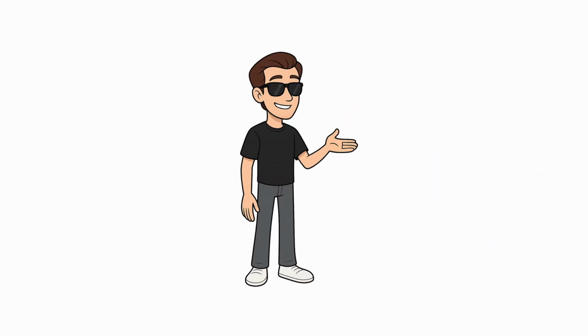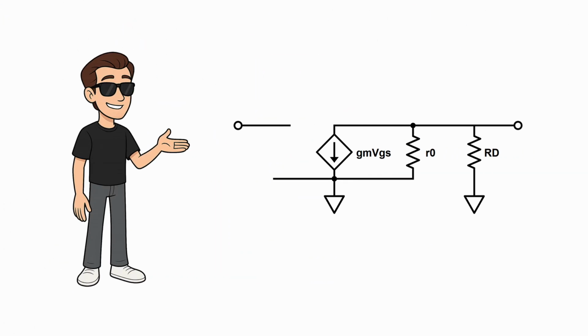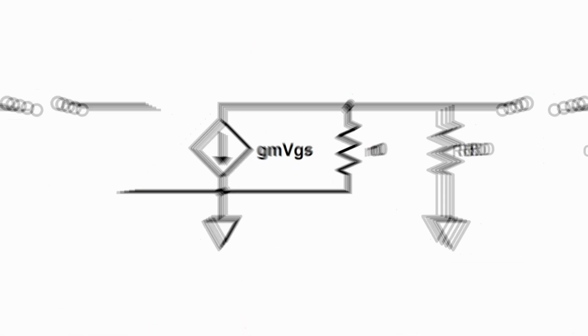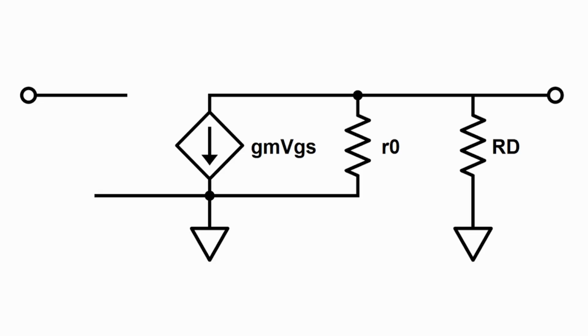So now that we have a better understanding of the small signal model, how do we find the gain of this common source amplifier? I'm going to use the generalized amplifier technique in order to solve for the gain. The gain of the generalized amplifier is Av equal to negative Gm Rout. So let's start by finding big Gm, which is defined as the output current over the input voltage. In order to find big Gm, we short Vout, apply Vin, and look to find the current at